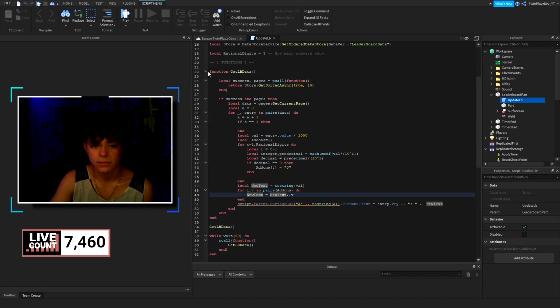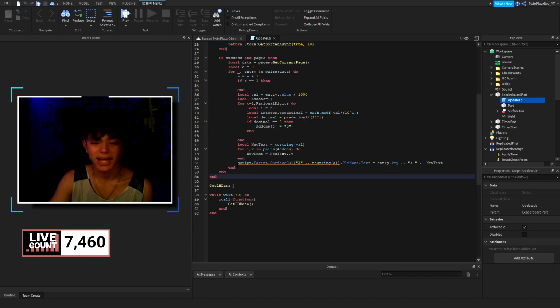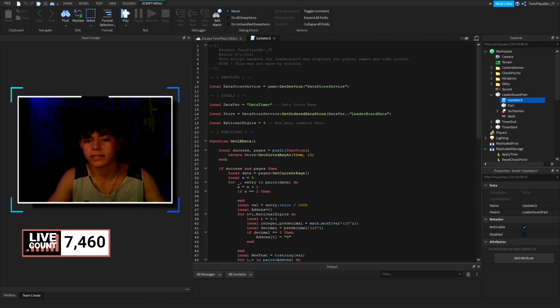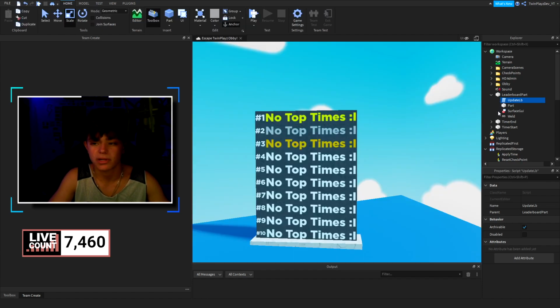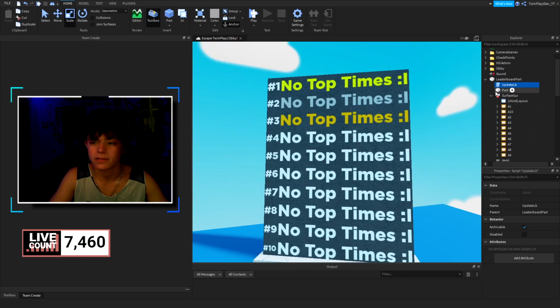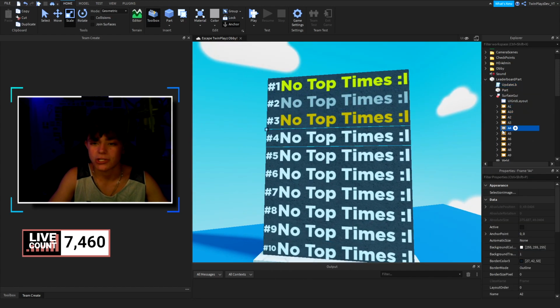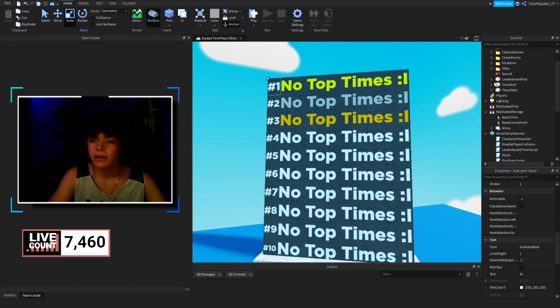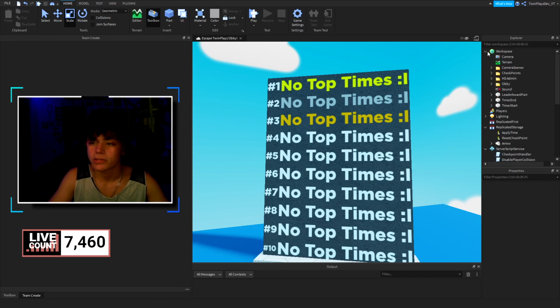I don't really have time to explain what this all does, because I'm not too smart, but this is the main key of what we're doing: we're waiting a bunch, and then putting the leaderboard data on it and stuff like that. So it's pretty simple. If you want to customize it, you can just customize the build around it. I made it pretty simple looking. But if you want to change the looks, you can just change it in here. It's pretty easy to go in here and change the text and the ranks and the colors and stuff like that. But that's good, so we're going to close that out.